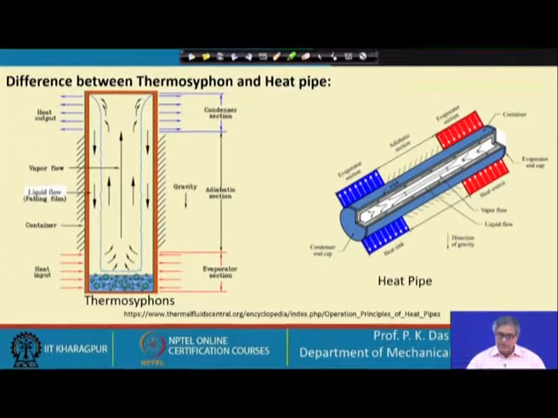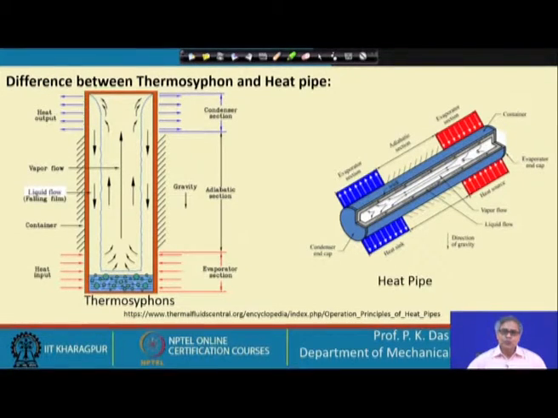Now, what we can see, the most common construction of a heat pipe is that it has a cylindrical tube, mostly a metallic tube of high conductivity metals. The wall could be thin depending on the design, but generally it is a thin wall tube. In the tube, we will have a certain amount of liquid, which is known as the working fluid. Again, we will discuss the working fluid sometime. The working fluid has a very large range. It could be a cryogenic fluid, or a liquid metal as working fluid.